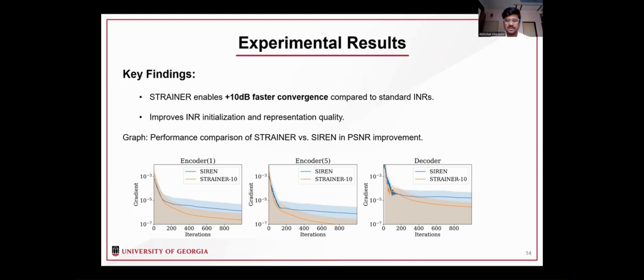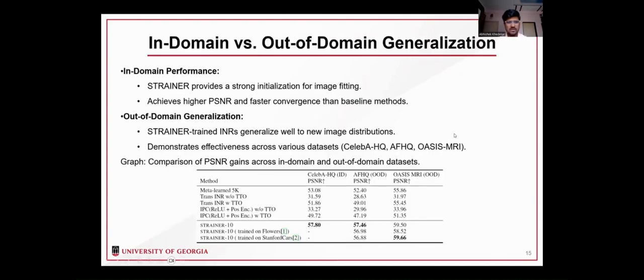So here we have the graph shown. This is a performance comparison of Strainer versus SIREN in PSNR improvement. We can see this is trained on 1,000 iterations, and we can see the gradient versus iterations graph over here. We can see Strainer consistently outperforms SIREN in peak signal to noise ratio in domain versus out of domain